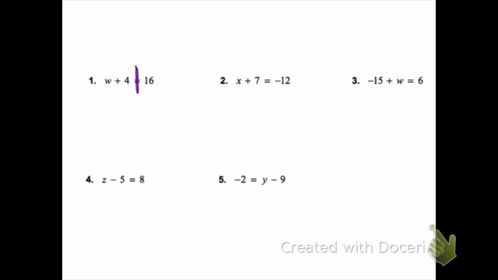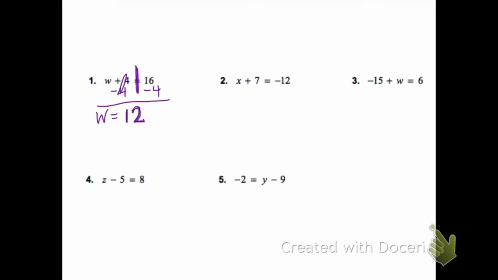We want to subtract 4 on both sides. That's how we use an inverse operation. You notice you have a positive 4 and then minus 4, or plus a negative 4, however you want to look at it, and that equals 0. So we've effectively canceled out this number on the left. I like to draw a line. So W is equal to, and then 16 minus 4 is 12,